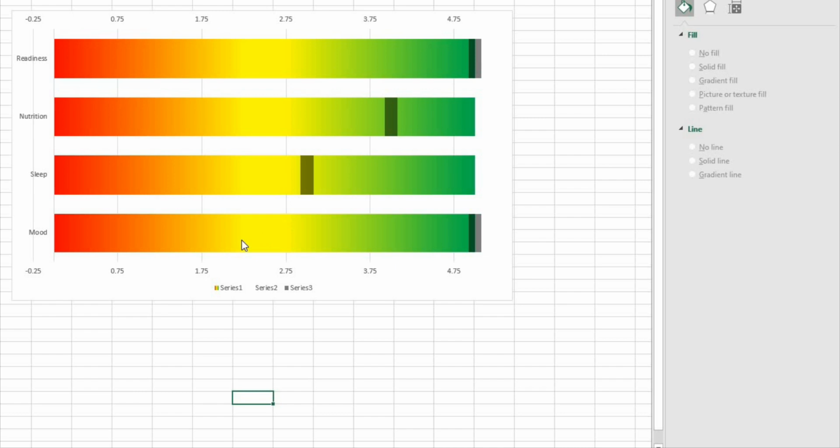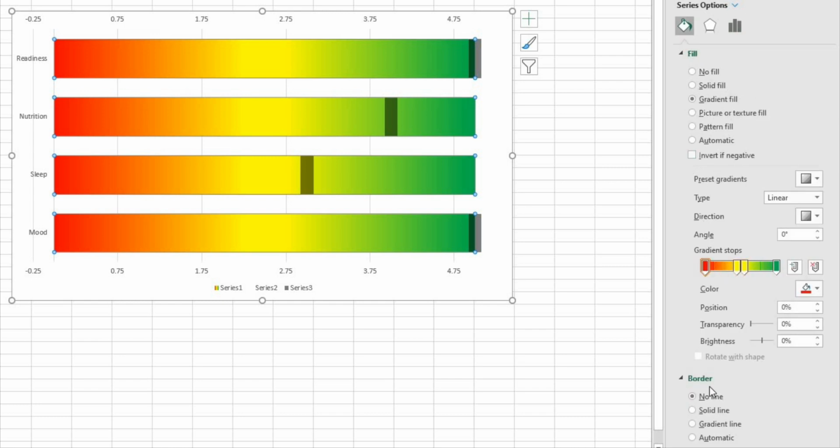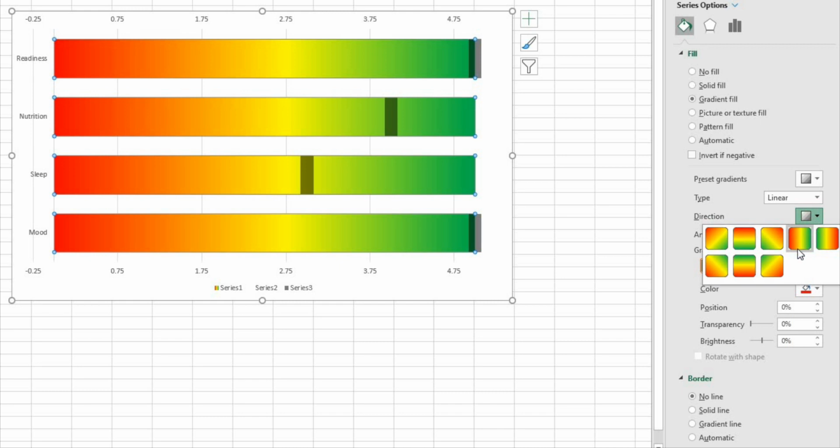And now you can see that it kind of looks a lot more like the graph that we're going to create. So the gradient fill, what that looks like is we're going to get this menu down here, and it actually allows me to add in my own colors. So the way that I like to do this is I'm going to put at position 1, we're going to make that red, and we're going to give it a linear fill and then a preset gradient of the direction. We'll give it this one here, linear right, and then I'm going to have one at spot 45%,